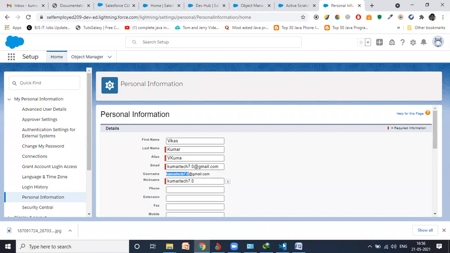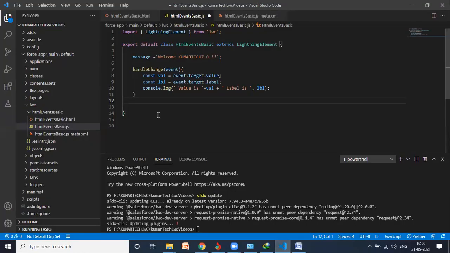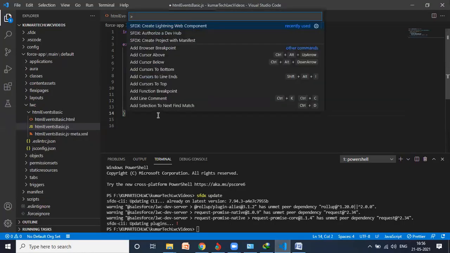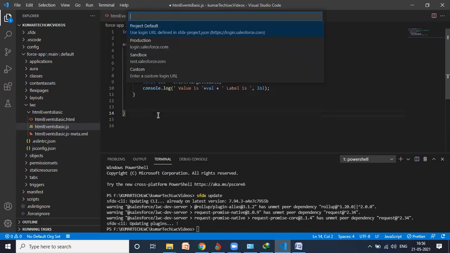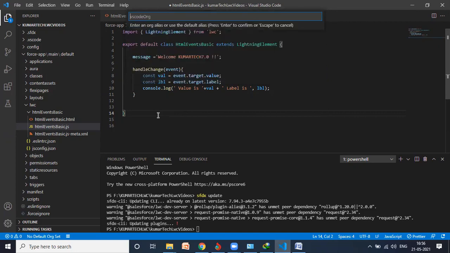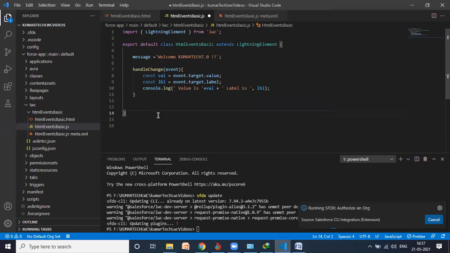Now what you need to do, you need to go here, click Control Shift P. This time, for authorize an org, just type org, and there's the option Authorize an Org. Hit enter. Whether it's production, sandbox, or your custom URL, mine is the first one, so we need to choose that. Now your org name. My org name was Kumartech 7.0. Hit enter.